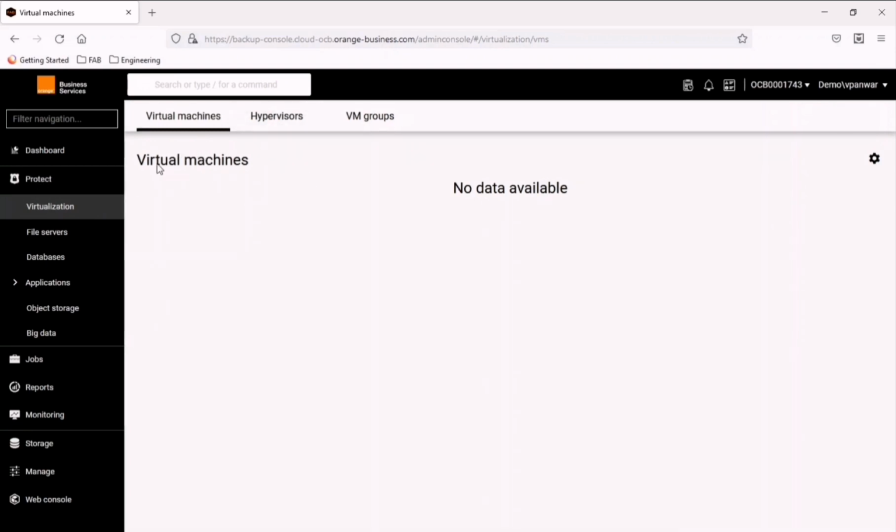Right now there is no virtual machine listed, no hypervisor listed here, and no VM group listed here. So first of all, we need to configure the hypervisor. We need to tell the Fab platform which hypervisor's VMs you need to back up. So click on the hypervisors and you can see an add hypervisor button here.